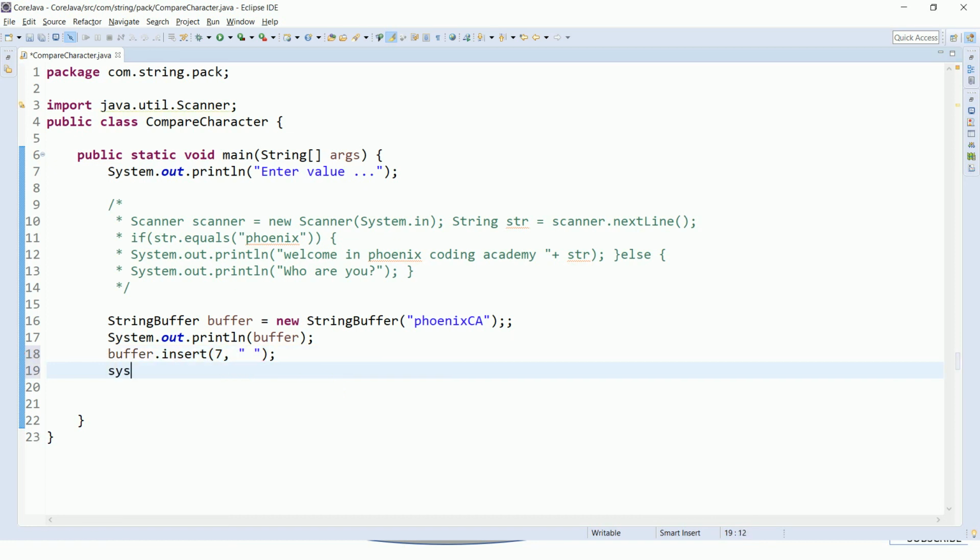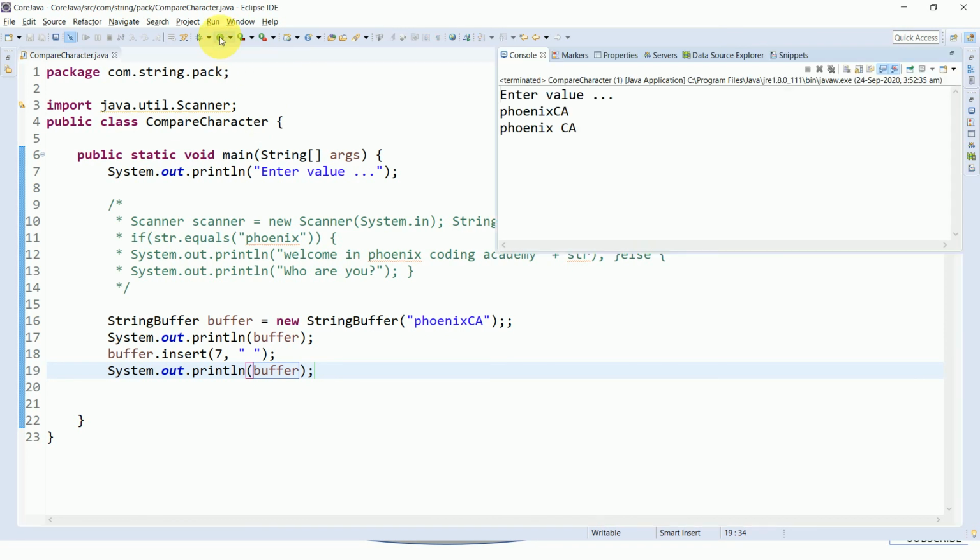Now I will print the buffer and check what is happening. See, now it is inserting a space at the position of index 7. 0 1 2 3 4 5 6 7, at the seventh position it is taking the space.